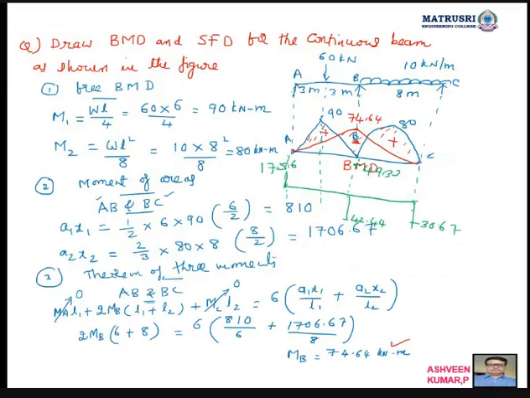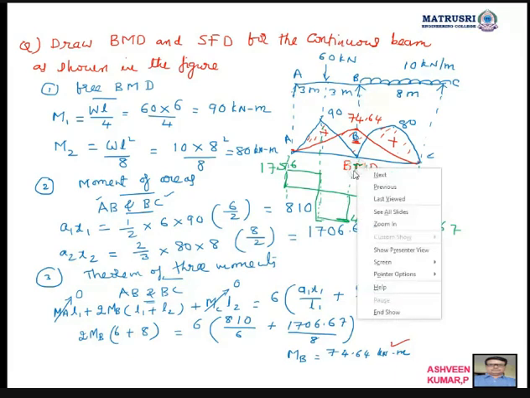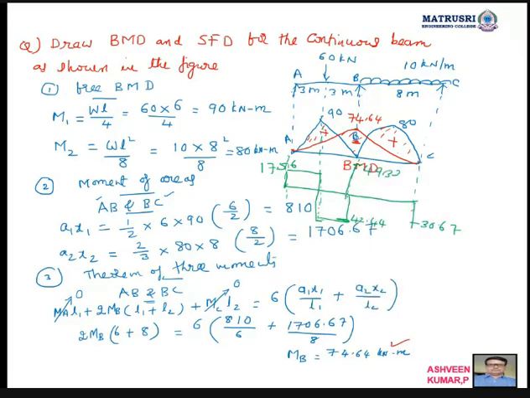So what should I do? 17.56 I got. From A to this point there is no loading. No loading means what should you take here? Constant. Similarly from B to this one there is no loading, so you can take constant, then you can join. Similarly, 49.33 I am joining. What is the load in between these two? The load in between these two is UDL. UDL means linear. So this is negative, this is positive, this is negative, this is positive. This is your shear force diagram.